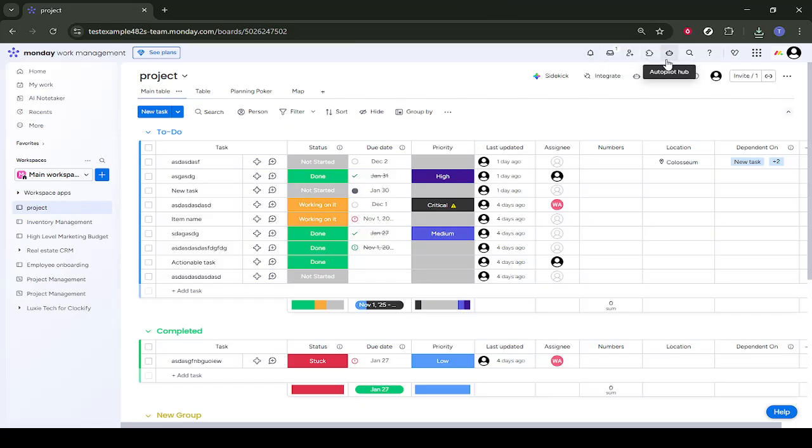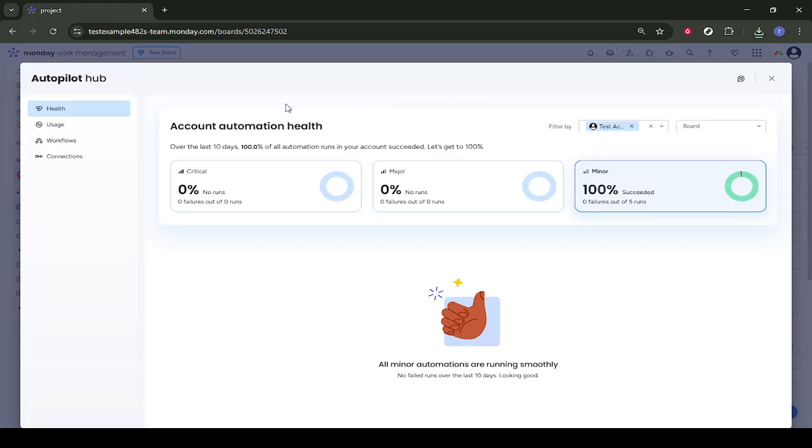Next, click the highlighted menu area in your view. Depending on your account layout, this appears near the top of the board and opens the board tools. From that menu, choose Connections. This section is where Monday.com centralizes integrations and automation features, so it's the right place to build rules that save